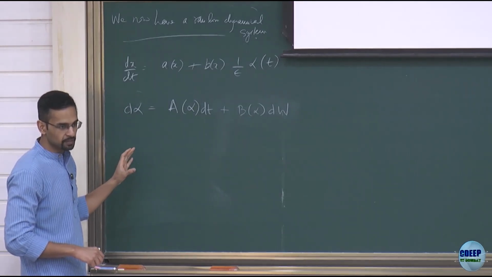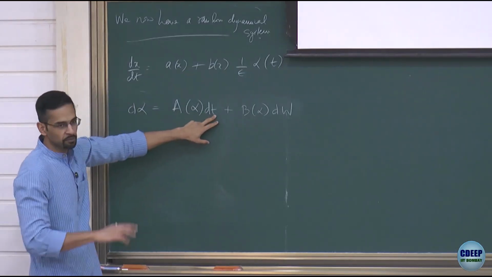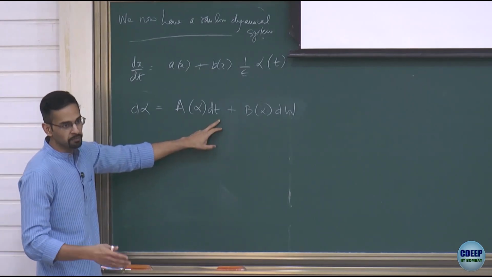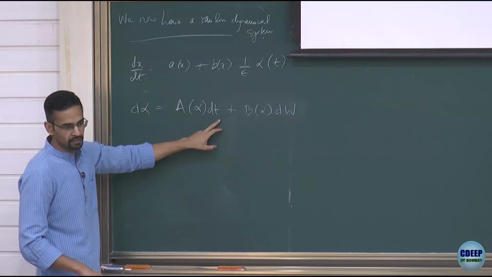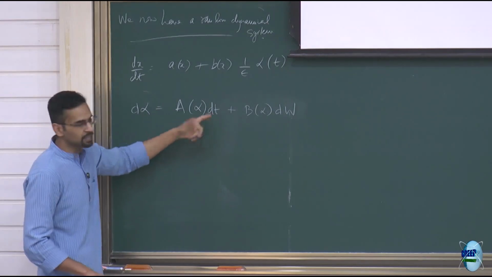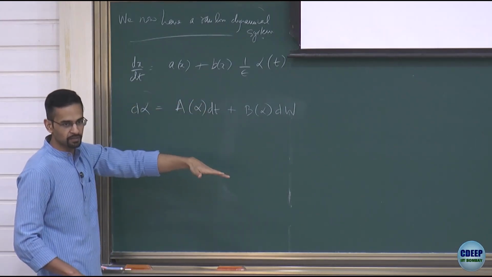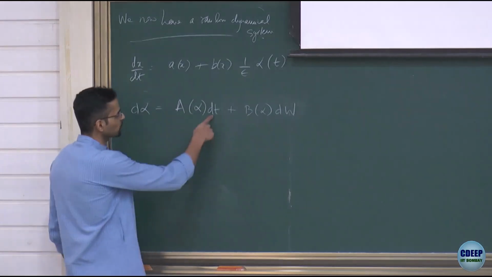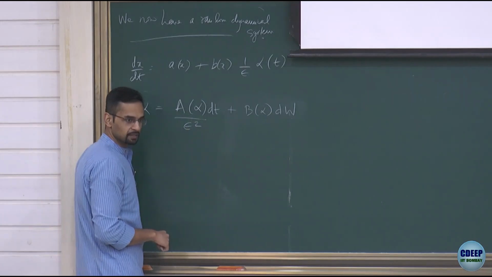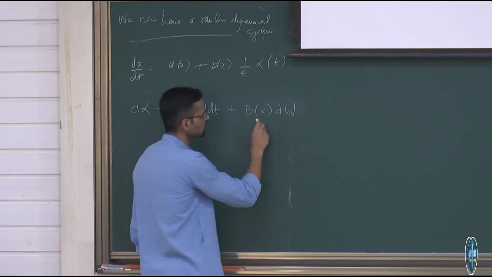time scales. So really, if I think of this as a separate equation in terms of some dt prime, this would be fine. But now I want t prime to be epsilon square compared to t, right? The ratio of the scales should be such. So if I rescale the problem to bring it in this time scale, I'll get epsilons popping out. That's what would happen in usual scaling. And because this goes like dt, I should get a 1 by epsilon square here. And remember dW goes as root t, right? So I should get a 1 by epsilon